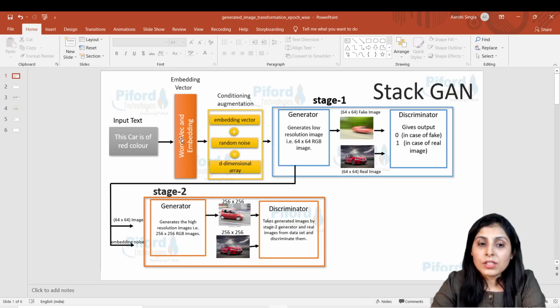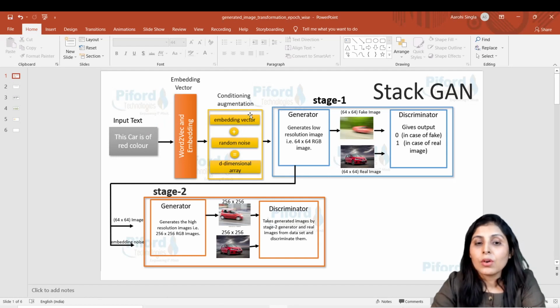Once you have converted your input text into an embedding vector, the next stage is conditioning augmentation. Inside this stage, this is the embedding vector which we are getting from this model for this particular text.